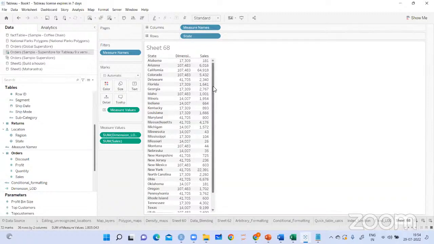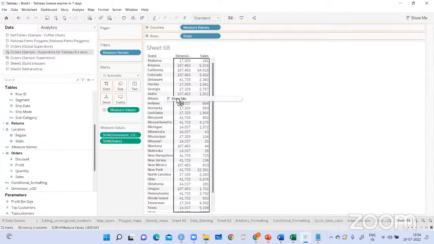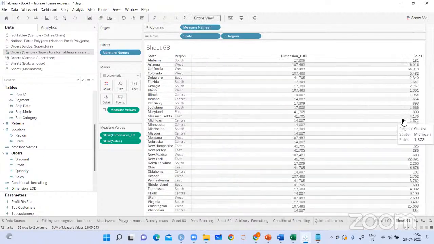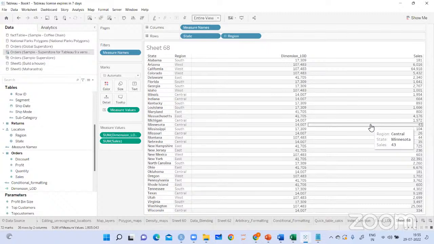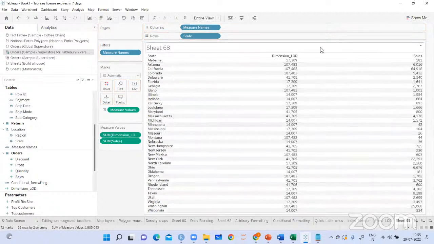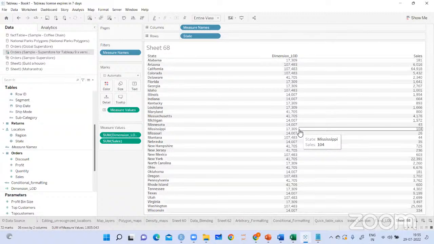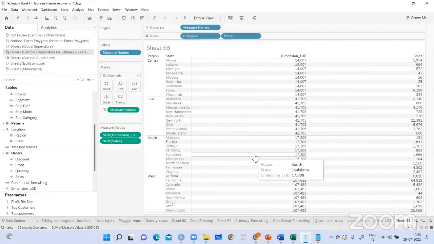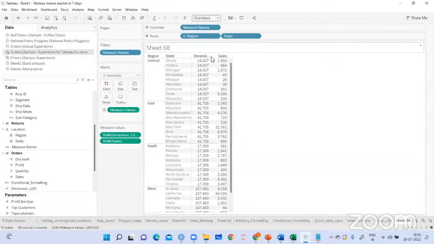So what is going to happen? If you see here, now I fixed this